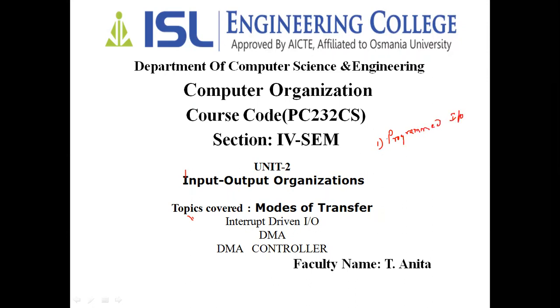As we have seen, what is programmed IO? Here the processor is there and IO devices are there. Fine. So here there will be an interface. This is the CPU. Programmed IO, in the sense, if IO wants to contact the memory, we have to contact through the CPU only. Why we keep an interface here is to match, as the CPU is an electronic device and IOs are electromechanical or electromagnetic devices. In order to have synchronization, we implement the interface.